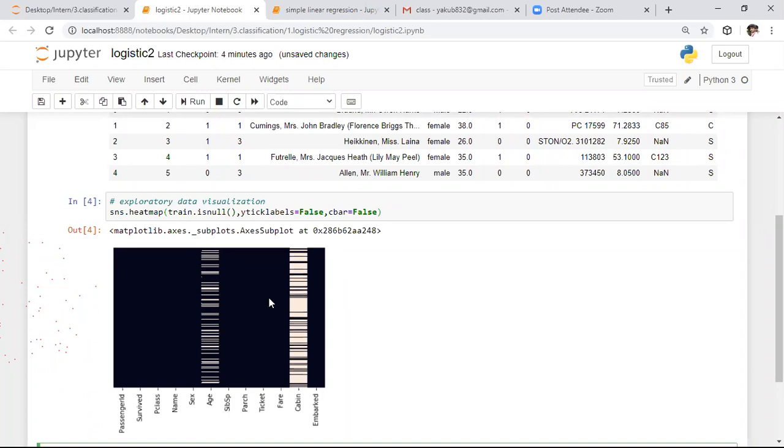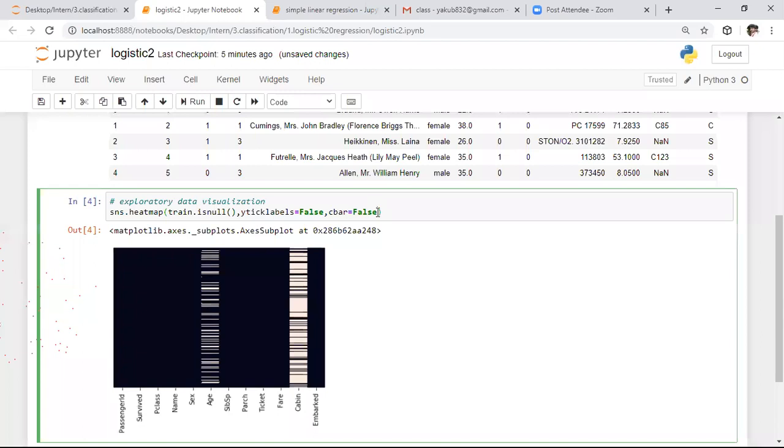If you observe this data, we have a lot of information regarding all the columns, whereas coming to the age column, we have missing values. Whenever you observe the white color bar, that is nothing but missing values. If you observe the age column, around 30% of data is missing, whereas in the cabin column, around 80% of data is missing. With this color, we are not visualizing properly.